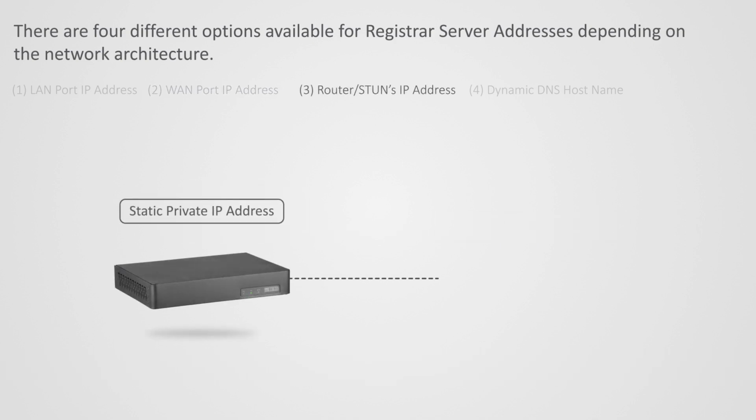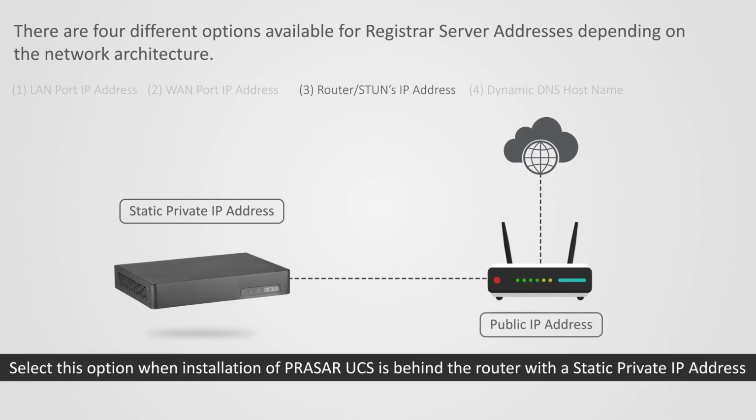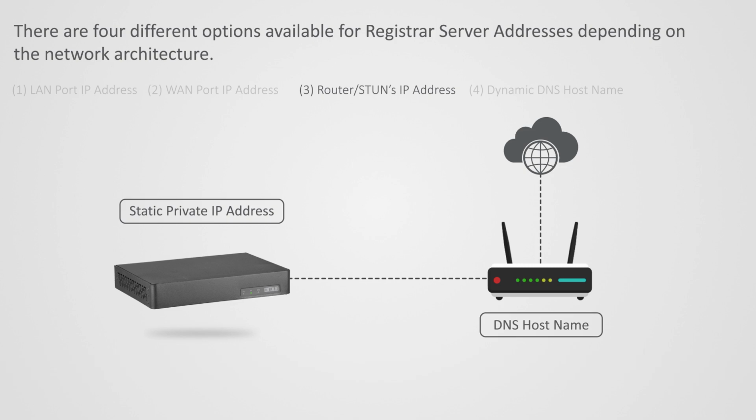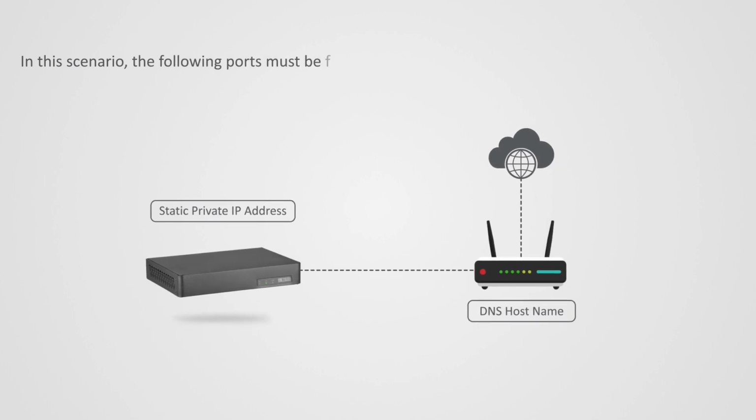Third, router or STUN's IP address. Select this option when installation of PRASAR UCS is behind the router with a static private IP address and router is having public IP address or dynamic DNS host name. Note: in this scenario, the following ports must be forwarded to the static private IP address of PRASAR UCS: